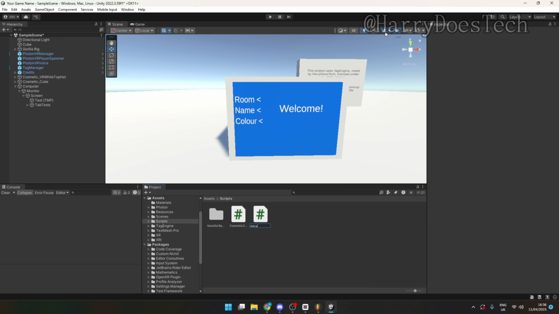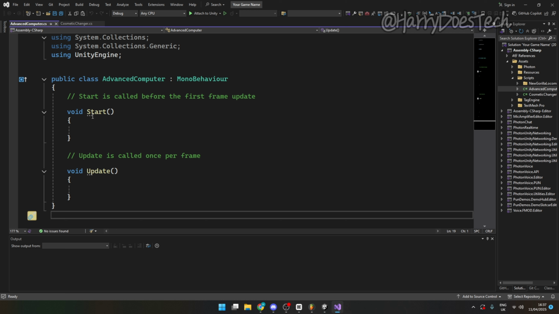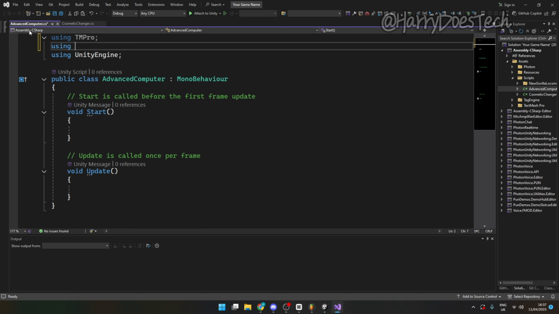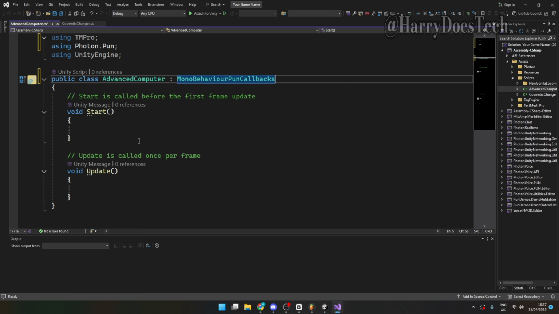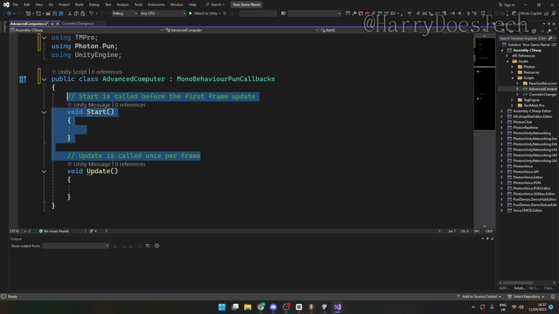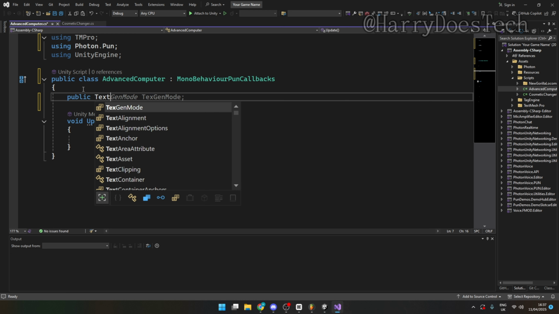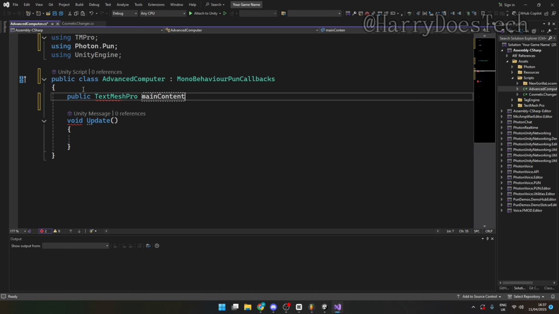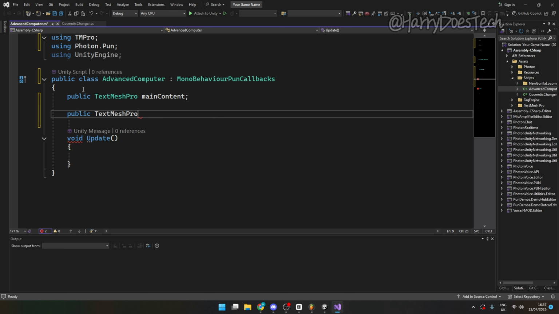But just go into scripts, create a C# script, call it advanced computer, open it, and do using TMPro, and then using Photon.Pun, and then change this to MonoBehaviourPunCallbacks. We're not going to use PUN just yet, but create a public TextMeshPro, call it main content,